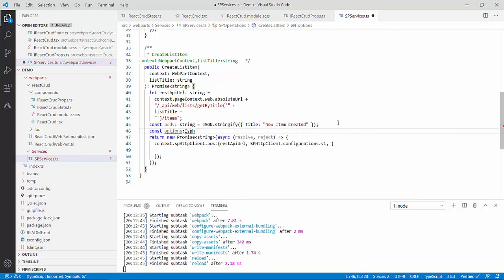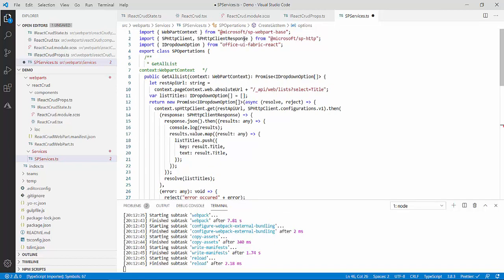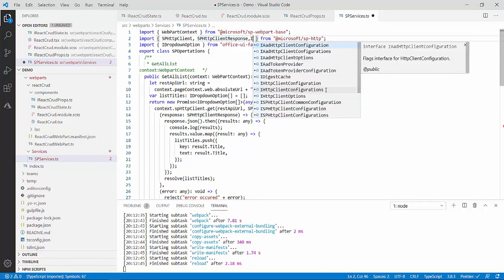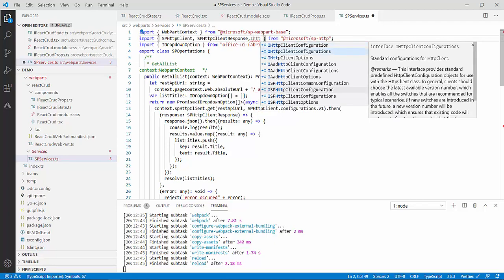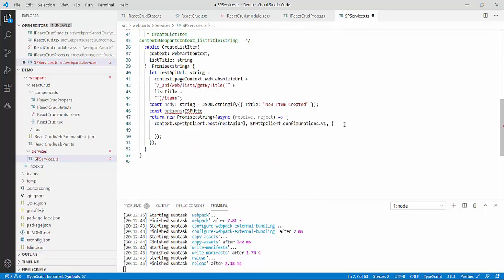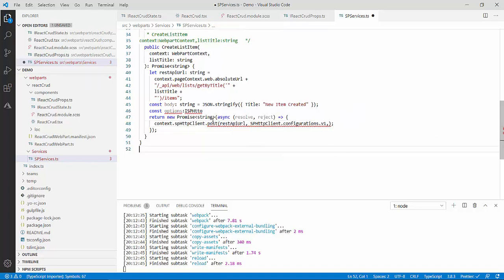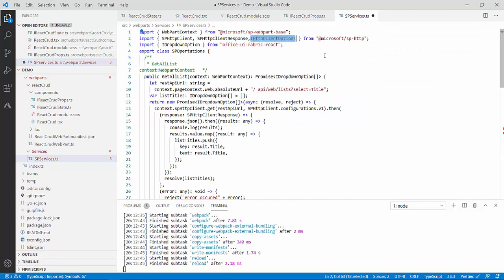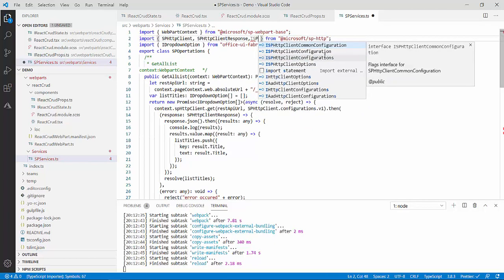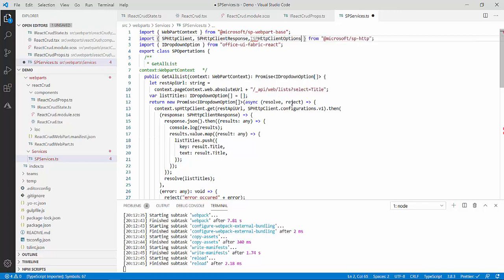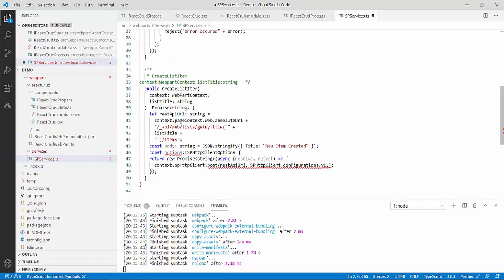So I think I have to import it. I will go over here and pass HTTP client option, because it needs ISPHttpClientOptions. Over here, if I have to show you, this is my options. I'll delete it and add a comma. You can see options of type ISPHttpClientOptions. So I have to give that. Over here I have imported HttpClientOption, and I have to import ISP. These are my typo mistakes. Now I think the error got fixed.